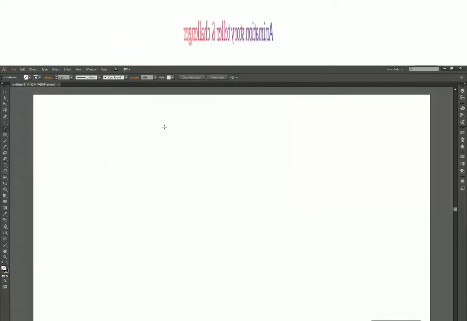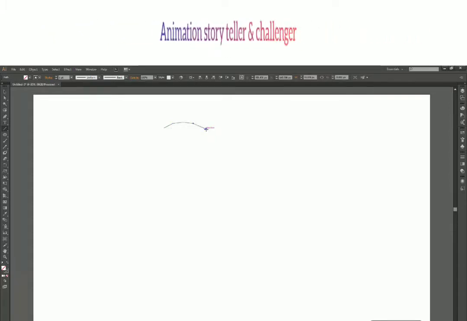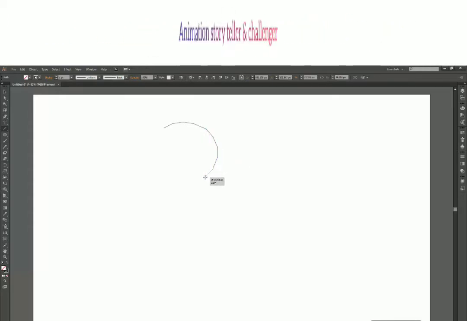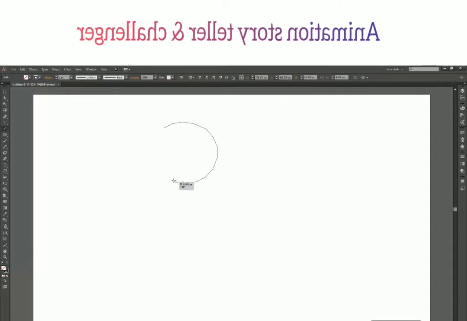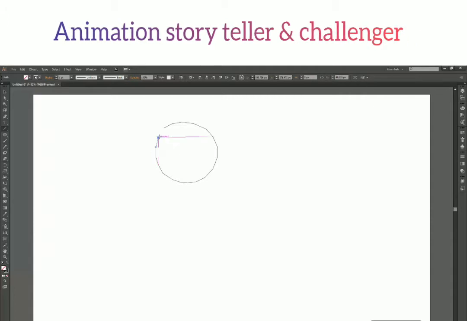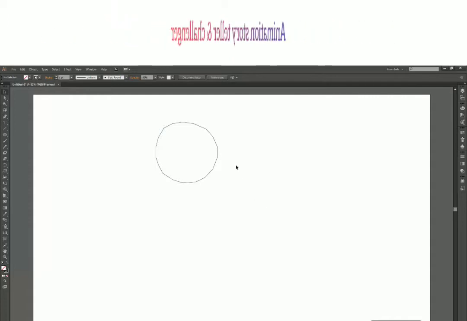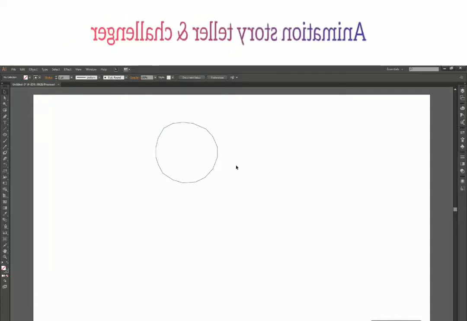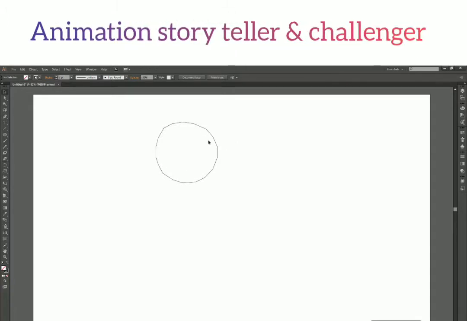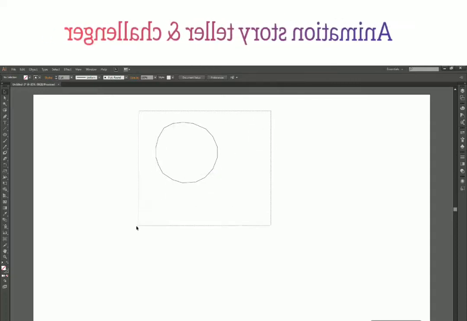If you want to create a circle, just start creating lines like our previous technique. Keep drawing lines one after another and make these line segments really small, and keep repeating this process until you reach the first point of the circle from where we started. Now this is not a perfect circle, and there are some ways you can modify it to create a circle, or you can just use the ellipse tool to get a circle. But this is just a demo showing that we can actually create anything using the line segment tool itself.